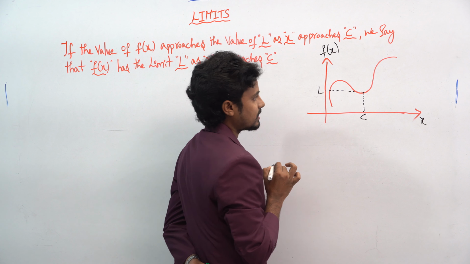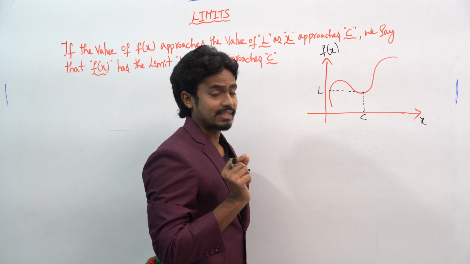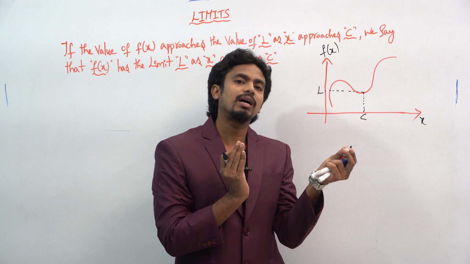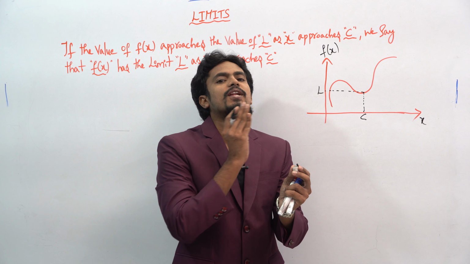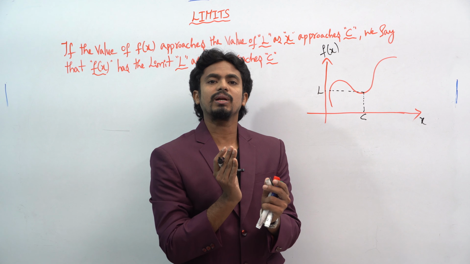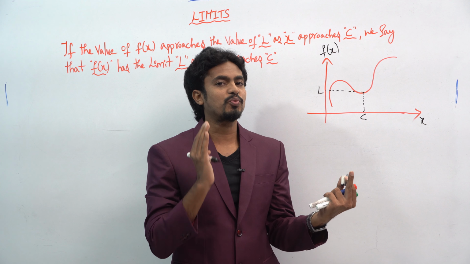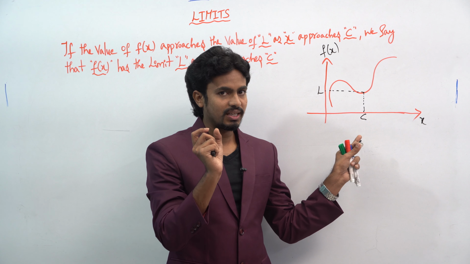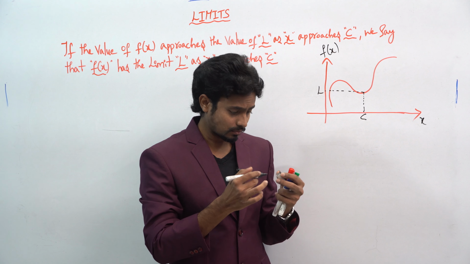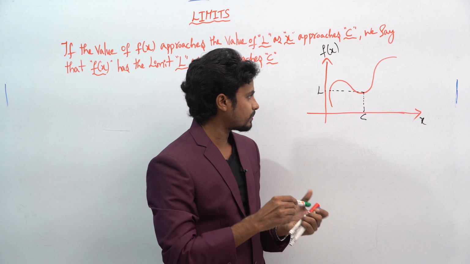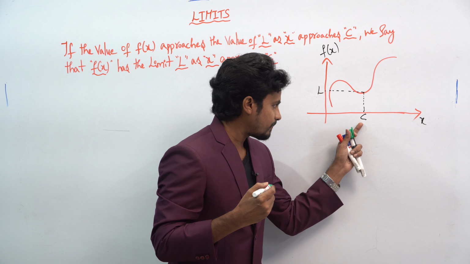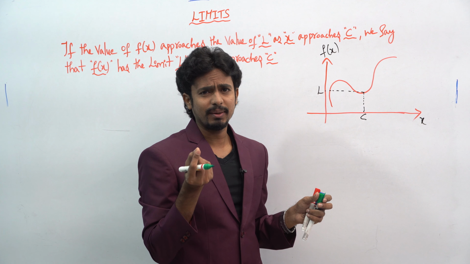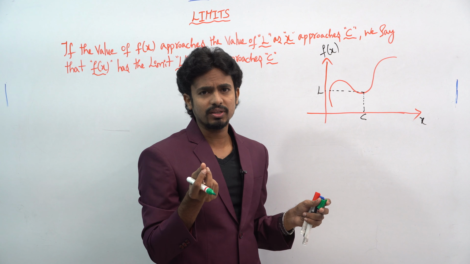Here you can see this is C. If the limit has to exist, you must take a small value between C minus and C plus. Whenever C minus is equal to C plus, which is equal to C, only then does the limit exist. For example, here you can observe this is C. You have to take a very small value, whether you represent it as lambda or delta, whatever representation you use.